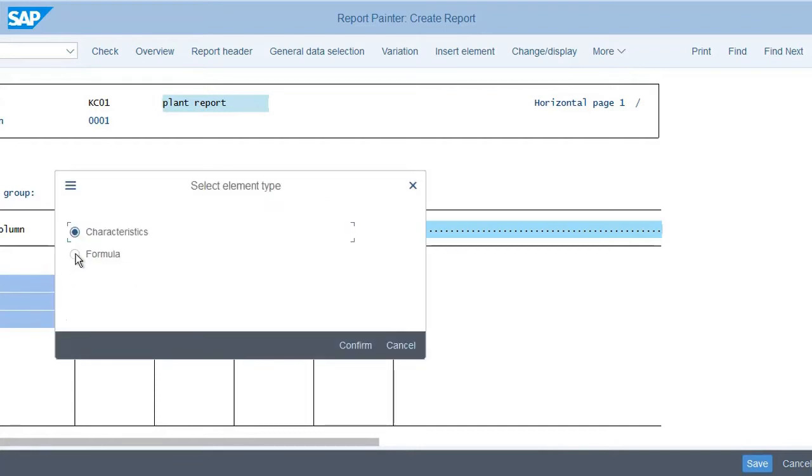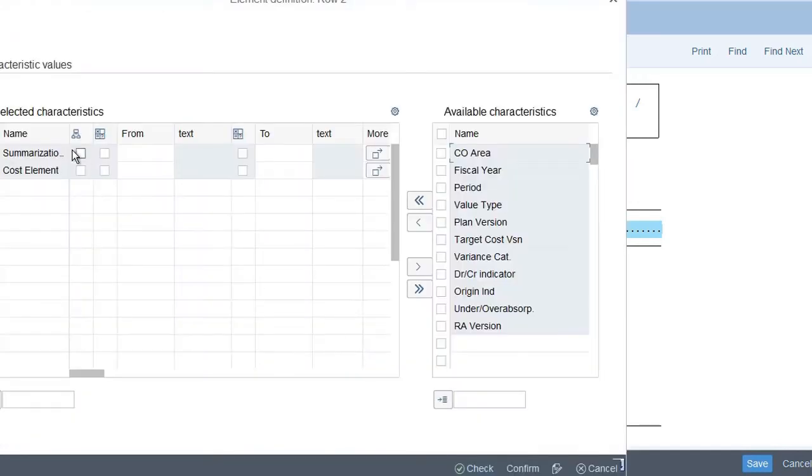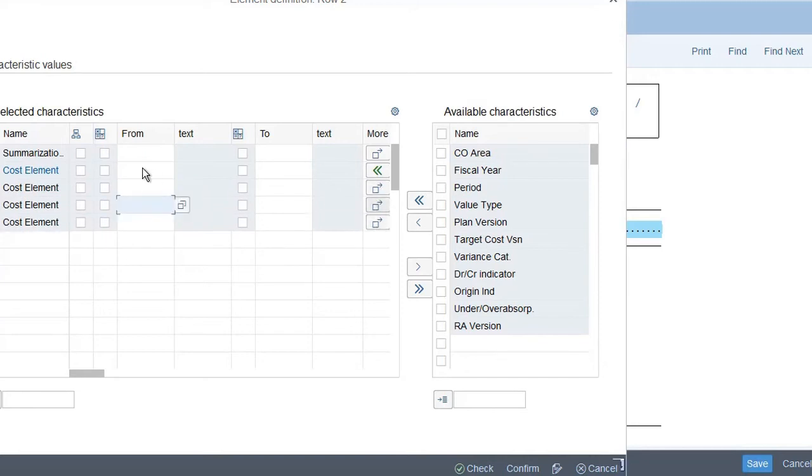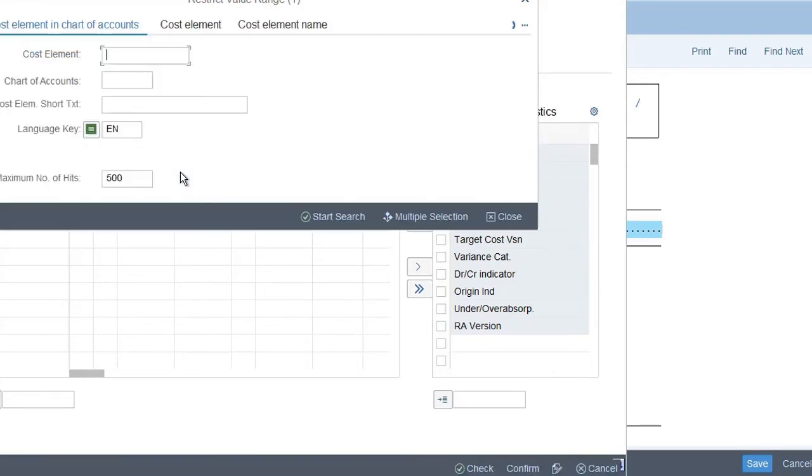Second one, you'll get characteristics or formulas. I'm going to use characteristics. I don't want a subtotal. Now, as I said, we're going to create a pretty basic one here. And we're going to create multiple lines. We want the same summarization node. I'm going to be in the same area. I'm going to come back here. I'm going to pick some more